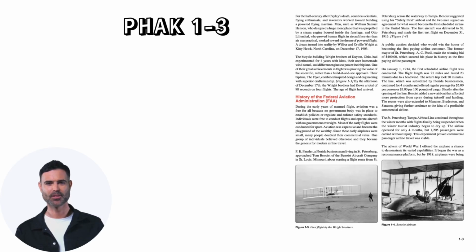For the half-century after Cayley's death, countless scientists, flying enthusiasts, and inventors worked toward building a powered flying machine. Men, such as William Samuel Henson, who designed a huge monoplane that was propelled by a steam engine housed inside the fuselage, and Otto Lilienthal, who proved human flight in aircraft heavier than air was practical, worked toward the dream of powered flight. A dream turned into reality by Wilbur and Orville Wright at Kitty Hawk, North Carolina, on December 17,